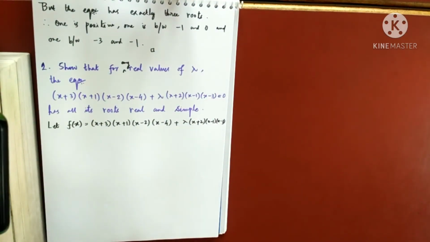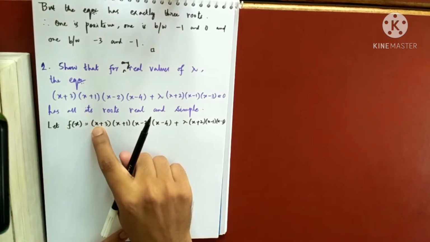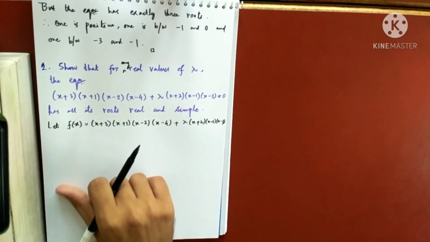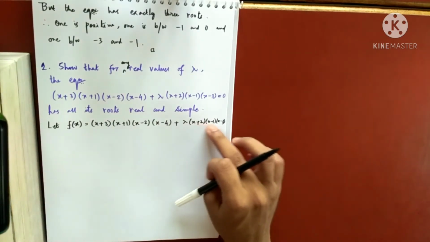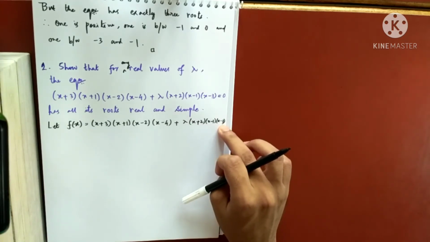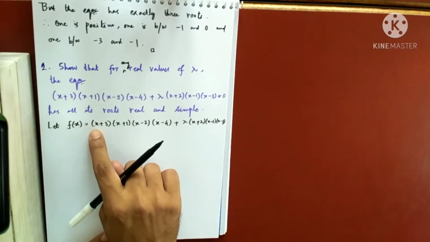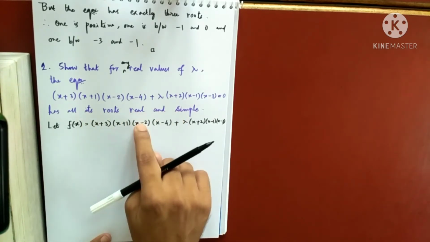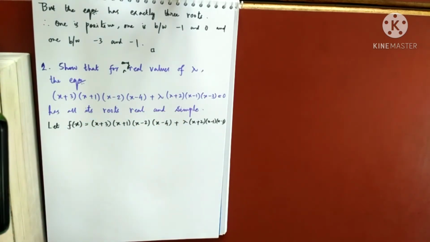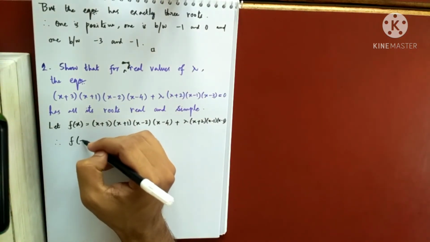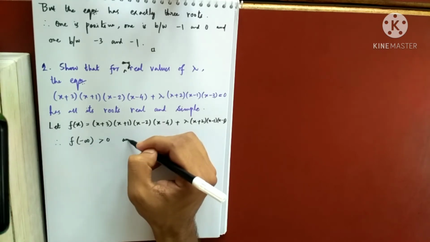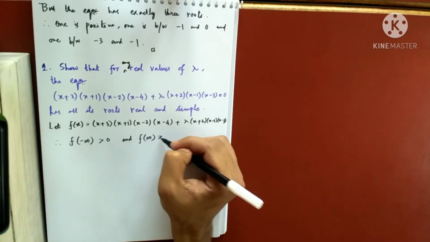Now the coefficient of x to the power 4 will be 1. That is what is required when we talk about f of infinity and f of minus infinity. Remember that. Because if I multiply this, then only I will get x to the power 4, and I will not get x to the power 4 from any of these terms, right? So I will get x to the power 4 only from this term, that is also once. So the coefficient of x to the power 4 is 1, which is positive. So remember, therefore f of minus infinity is also positive and f of infinity is also positive.